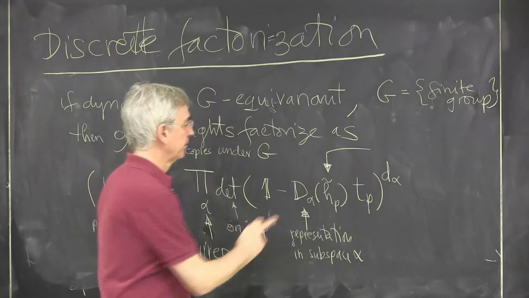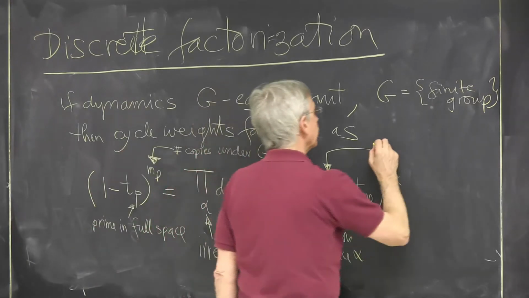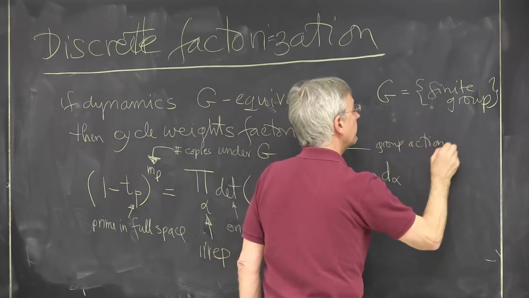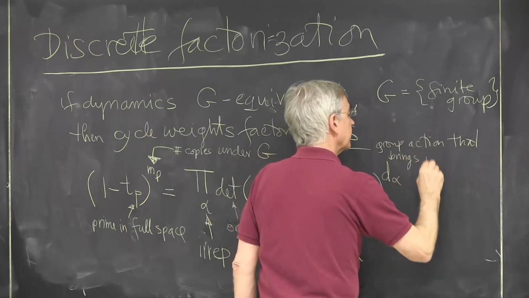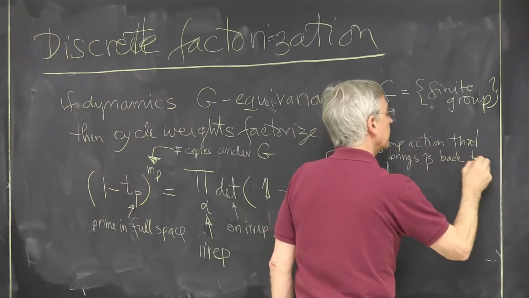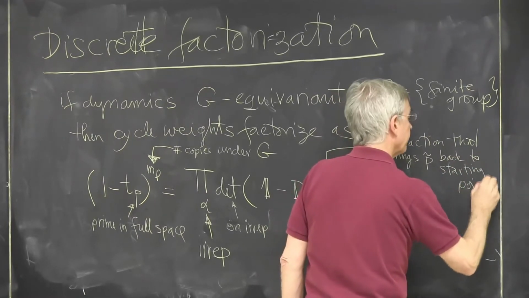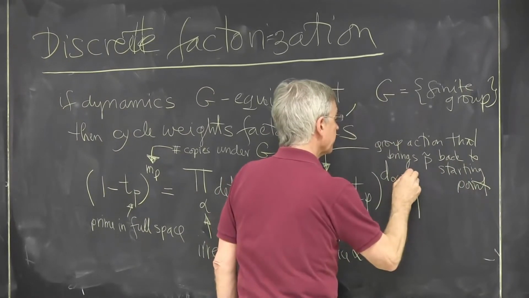This is where the reduced or relative prime orbit ends. So relative prime orbit P back to starting. And this is the dimensionality